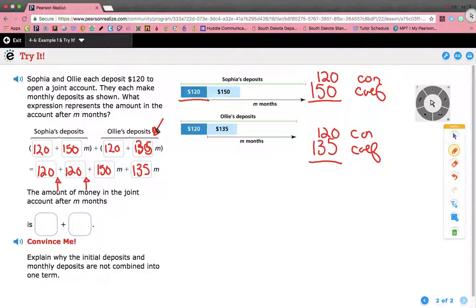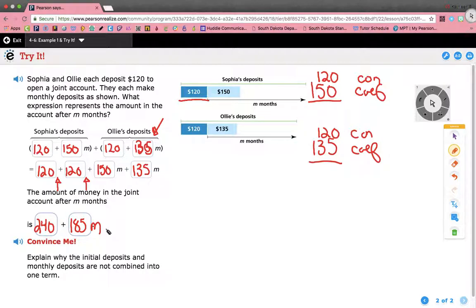Okay, so now we can group those like terms. 120 plus 120 is 240. And the coefficients, 150 plus 135 is 185. Okay, so there's something wrong here. They missed something. Okay, what did they miss? Giving a little bit of hang time so that you can think about what they missed. They missed the m here. Then it should be m and then a period. That's going to be the equation for figuring out how much they would have in the account after so many